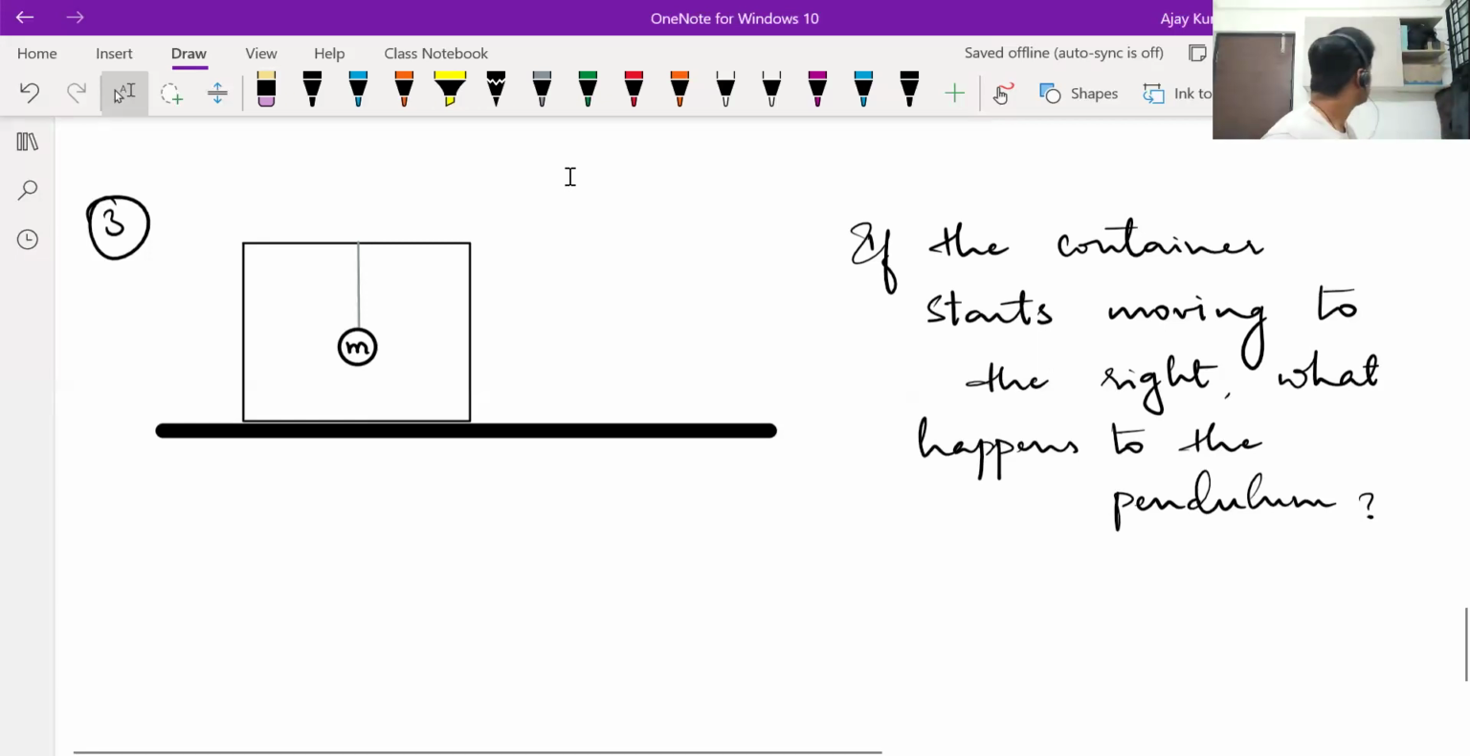Actually, I'm trying to show this. If any of you have a thread with a stone connected to it or anything, even your ID card or something, you can try. Just a moment, I'll bring my ID card. I'm sure you all must be having an ID card or something of that sort, no? Any object suspended from a thread. So what I want you all to do is